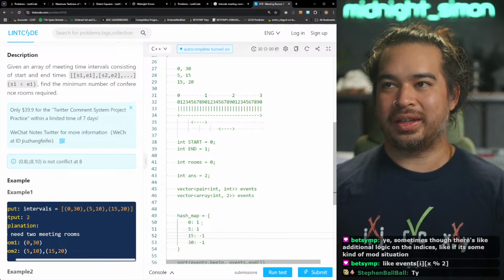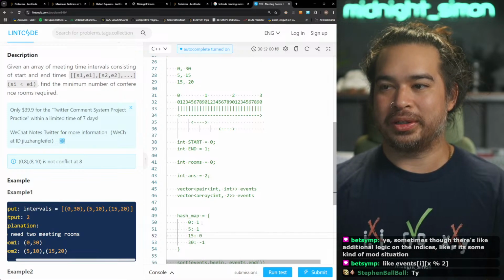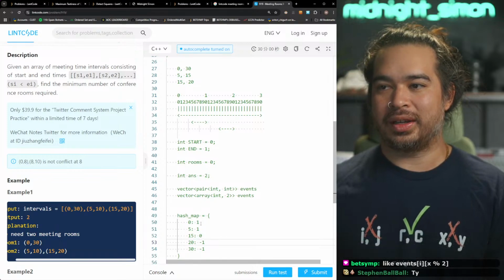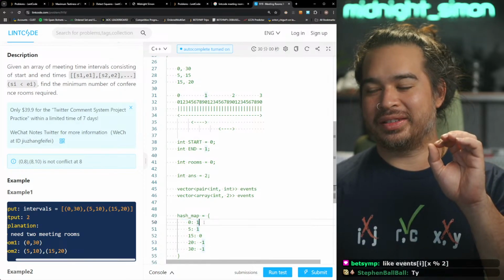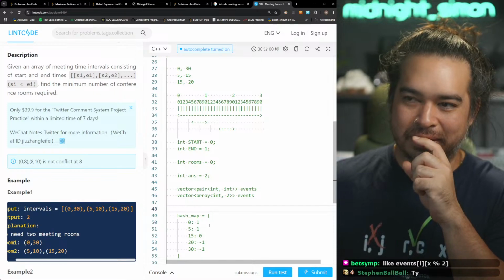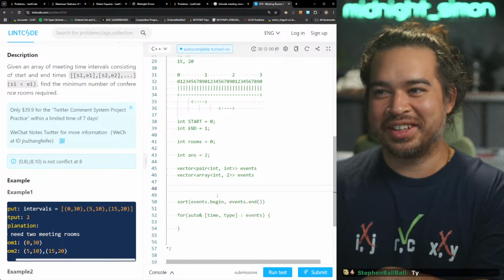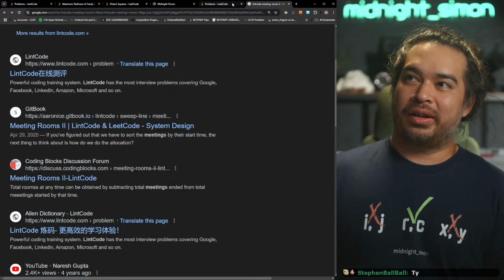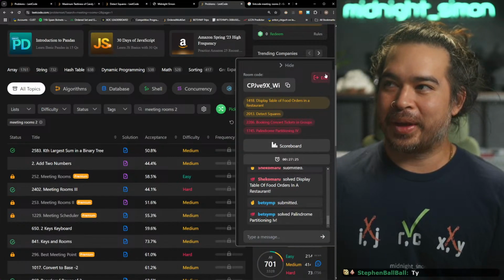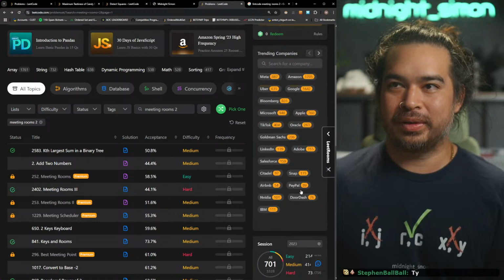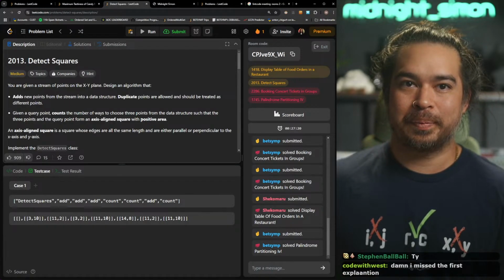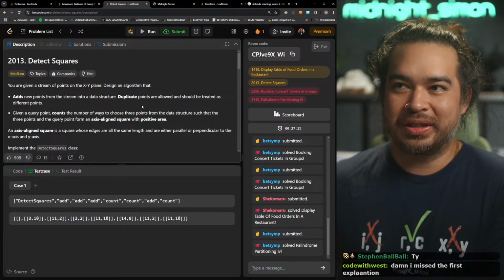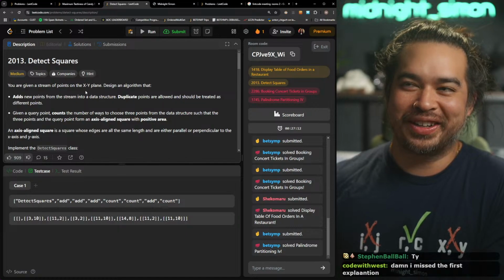But this way, it takes me some time to think about it, man. And then as you iterate through, you add. I don't even know how to do it, man, so I don't want to explain it to you the wrong way. All right, let me know, Steven Sagiball, how that problem went for you after you apply those line sweep techniques on it. I missed the first explanation. Well, good thing everything is in the VOD, man. You can rewind.